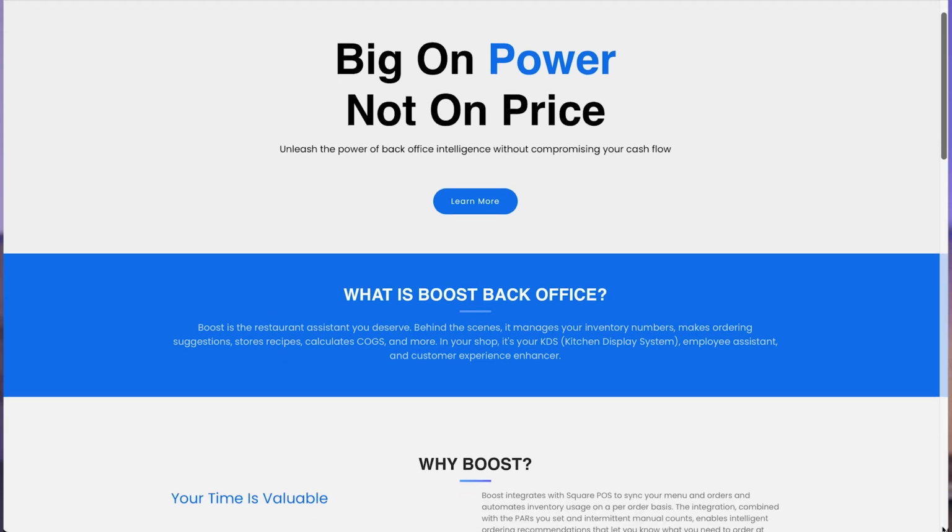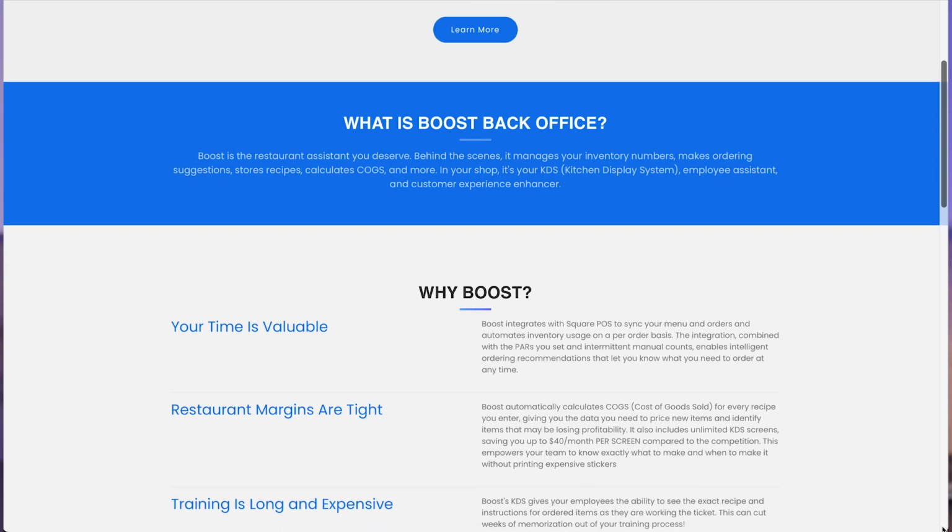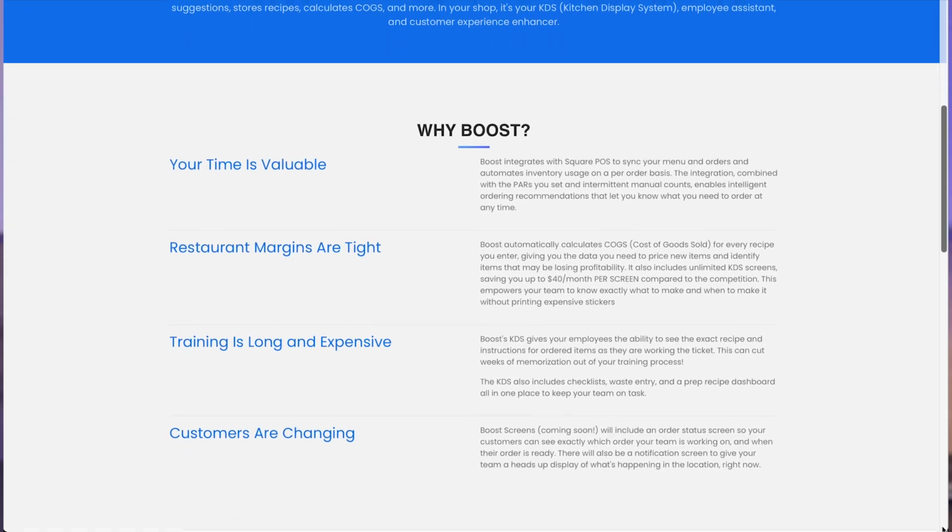And so in just a second, I'll show you how to calculate per item cost of goods, and we're going to do it in Boost. You want to do this for every single one of your menu items. And I know that can sound daunting. If, like me at my shop, we have over 100 items in various sizes for most of them, it's a lot. Boost makes it easy. Utilize technology. Even if I was doing this manually, it is that important. So let's calculate cost of goods sold for a flavored latte.